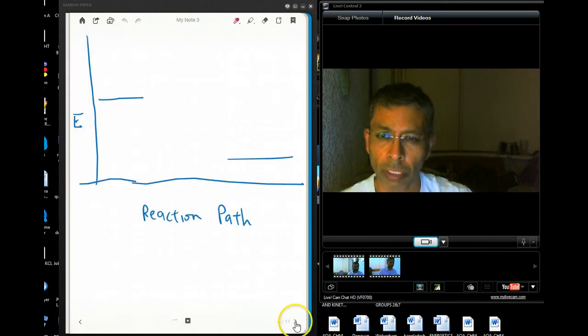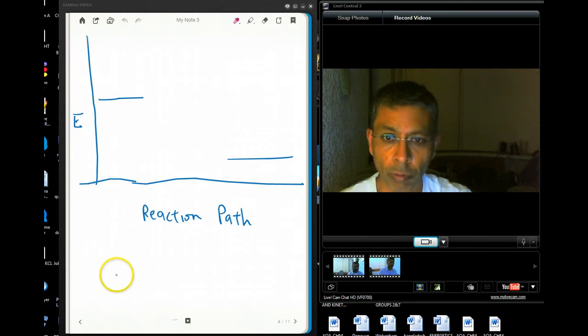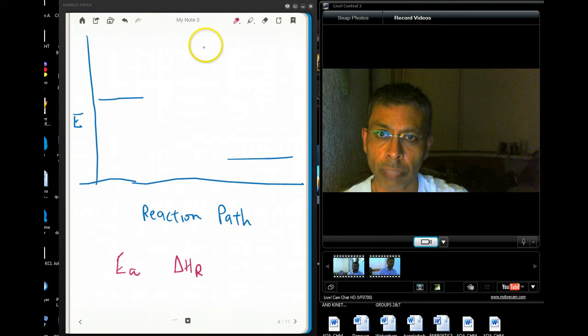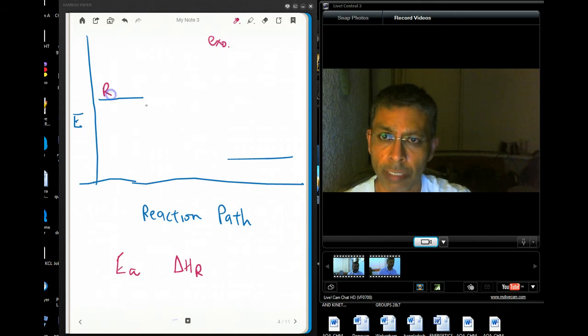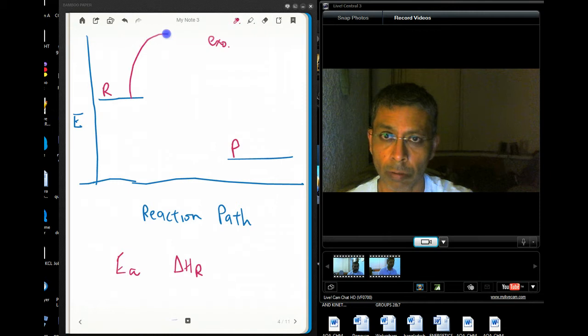Here we are. Two enthalpy profiles, exothermic and endothermic. So you need to make sure you can draw both of them. You need to be able to label the activation energy and also the enthalpy change for the reaction. Okay, so this one's exothermic. If we have reactants over there and products over here, y-axis energy content, and the x-axis reaction path, we're basically going to get this kind of shape